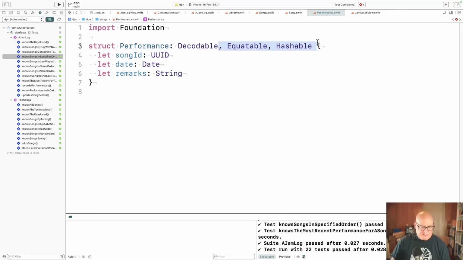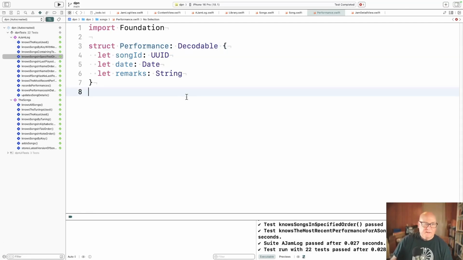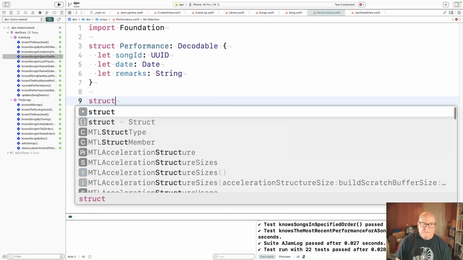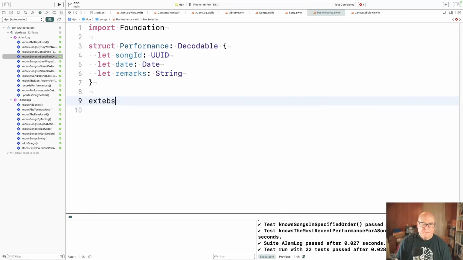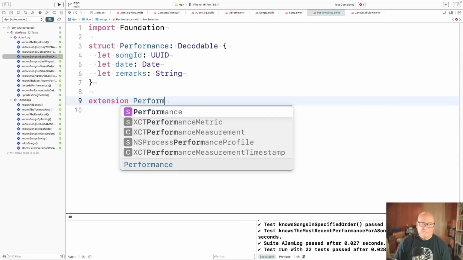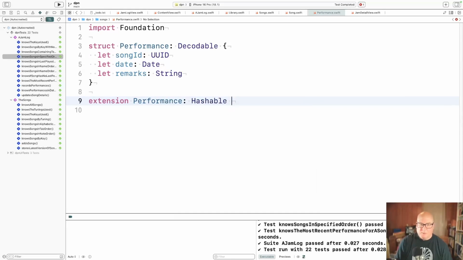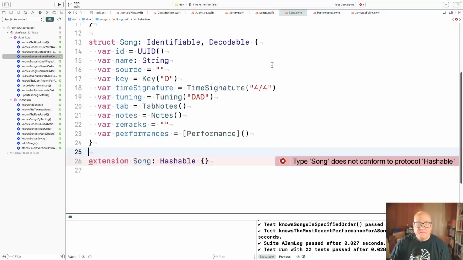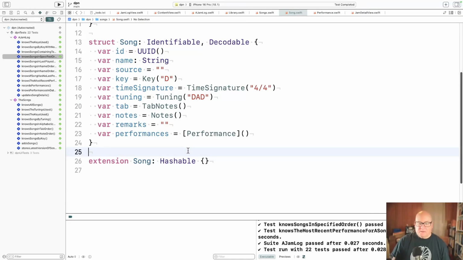Maybe I should make extensions. Hashable might get you equatable for free. Okay.